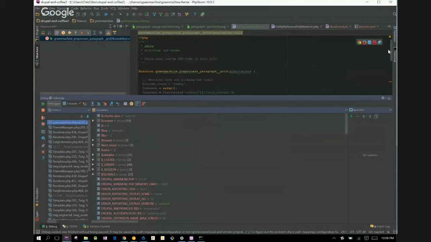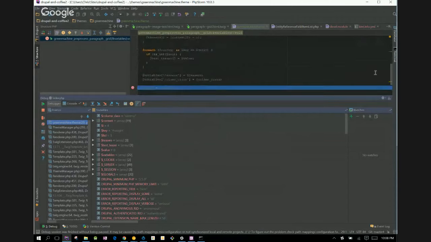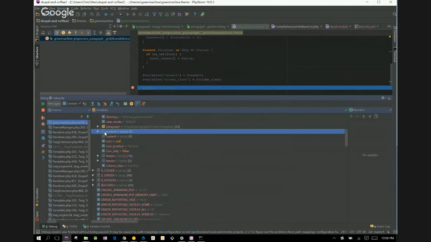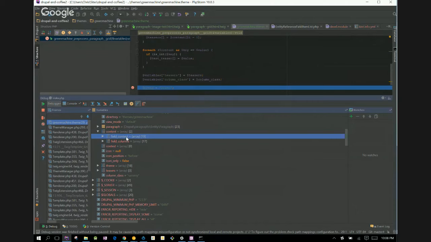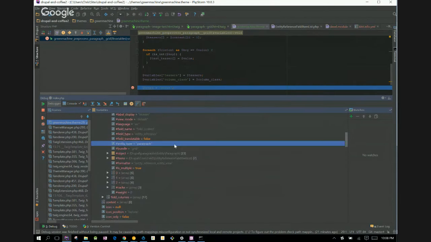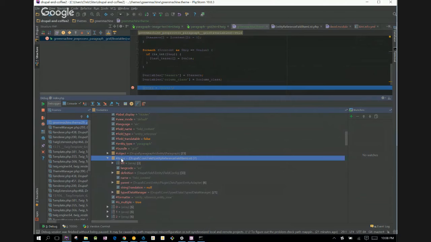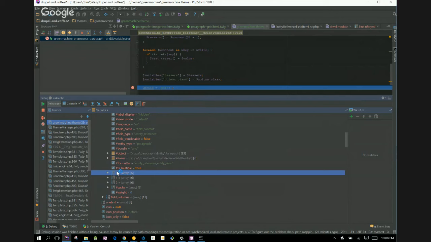So in this preprocess hook, I have variables. And inside the variables, I have content. And here is my field content, that has all the entity references. And inside there, I got a whole bunch of junk, including this items, which has a lot of detailed information that I don't even know why I would need any of. But I do have these really obscure